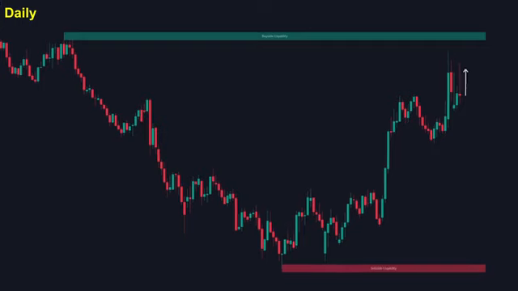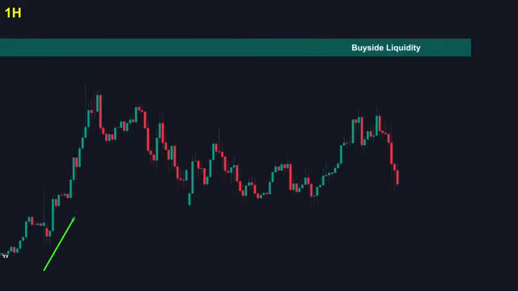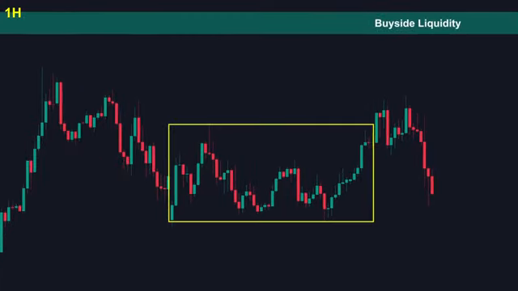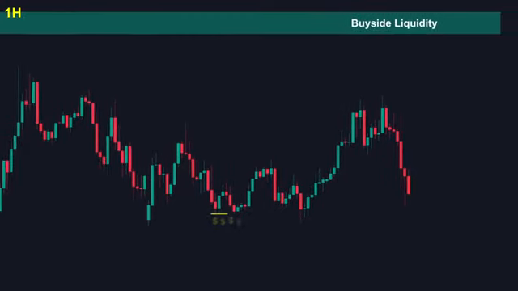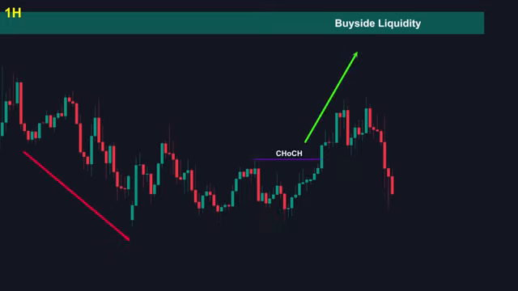Since we expect price to tap this liquidity level, let's move to our 1-hour chart to confirm market direction and identify our trading zones. In our 1-hour chart, the uptrend changed to a downtrend at the end of the previous week. In the following week, it started consolidating in a tight range. Since we are observing this consolidation pattern, we can see a liquidity sweep below those equal lows, followed by a higher high and a higher low formation. We consider this break a change of character from the previous downtrend to a new uptrend.